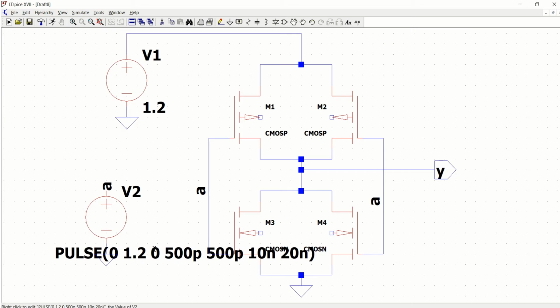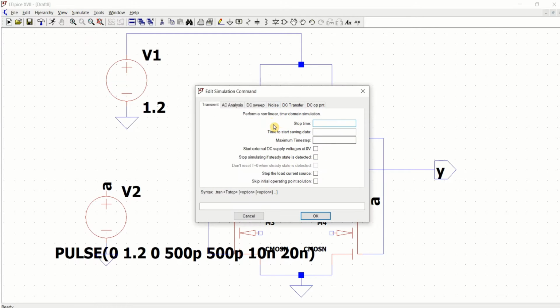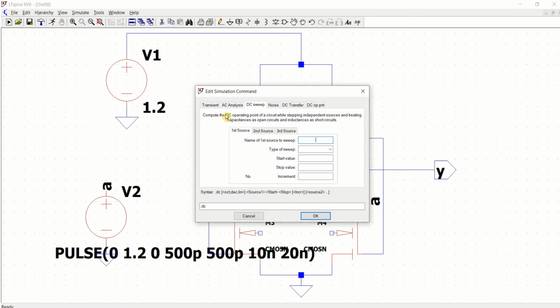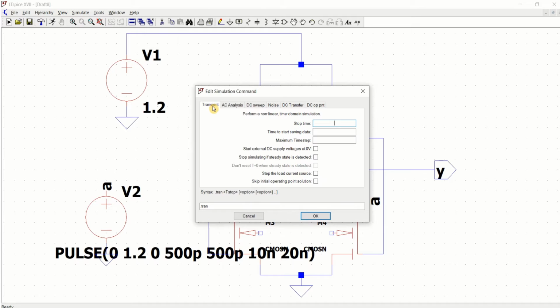Now I want to perform the transient as well as the DC analysis. For that, you can right click, add simulation command, or you can go here, edit simulation command. From this, you can select the first DC sweep, or you can perform the DC analysis.